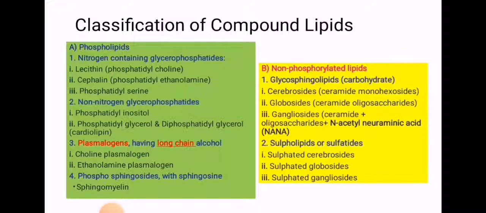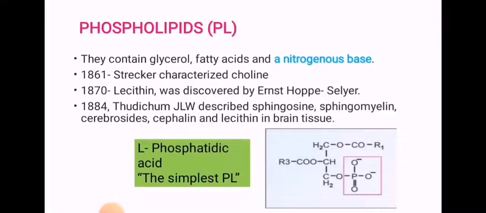Then coming to the sulfolipids, which contain the sulfated groups, also called sulfatides. Sulfated cerebrosides, sulfated globosides, sulfated gangliosides. So this is about the classification of the compound lipids, otherwise called complex lipids. Okay, don't get confused when given in the exam as complex lipids are separate and compound lipids are different. It's not like that. So coming to the most important essay question, short notes and viva notes and multiple choice question,